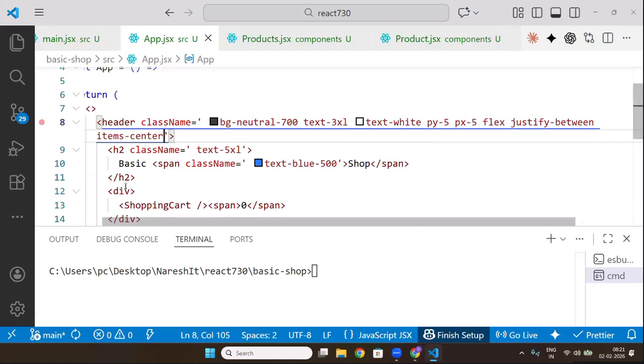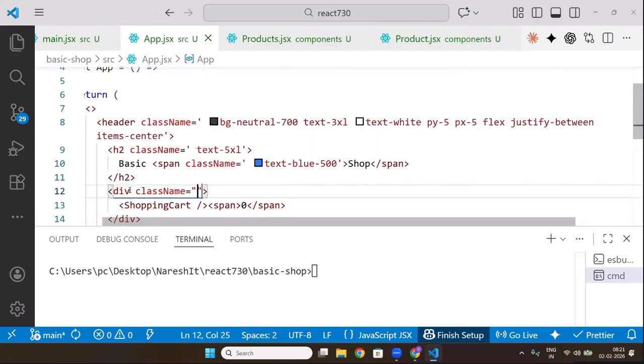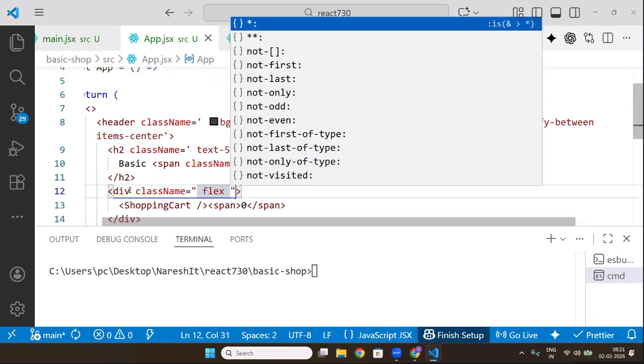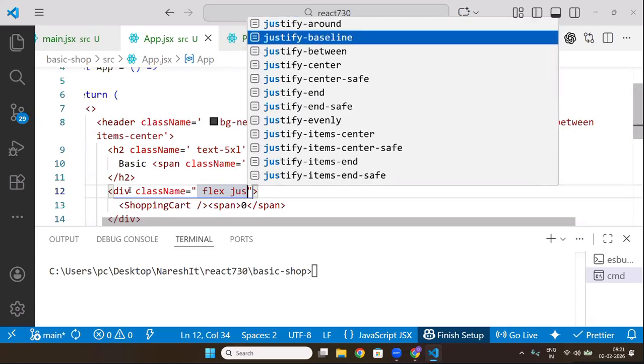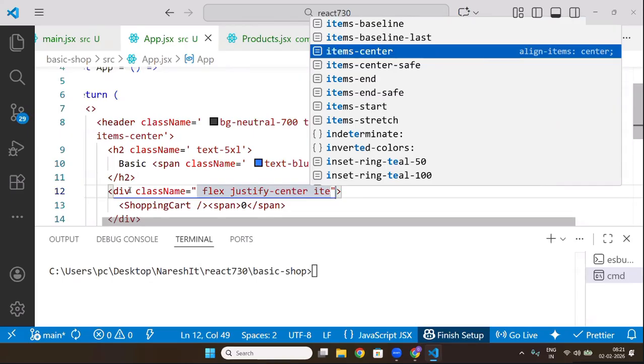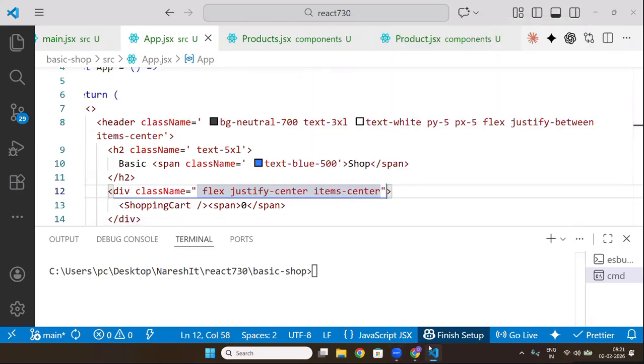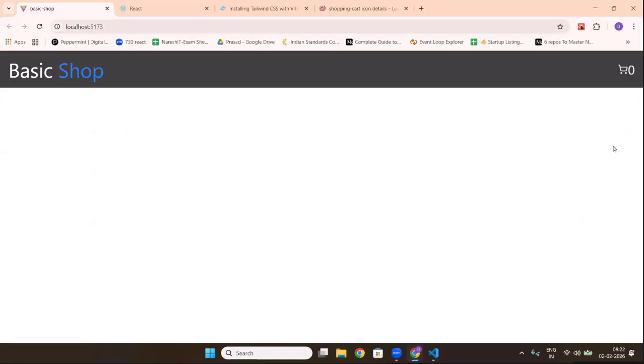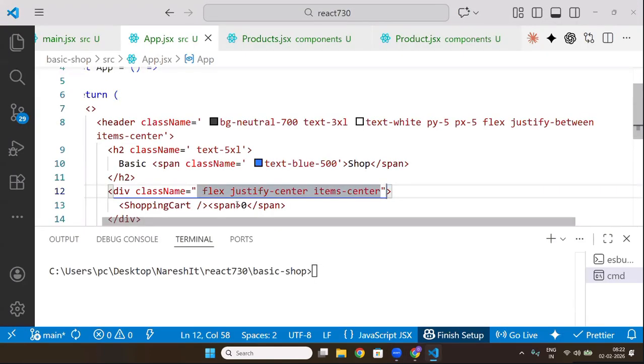Now same way, here also this div is there. Class name, flex, justify center, items center. Can you see this? Online any doubts, ma? Flex direction is by default row. If you want it different, you can actually see. And now I can even say class name,